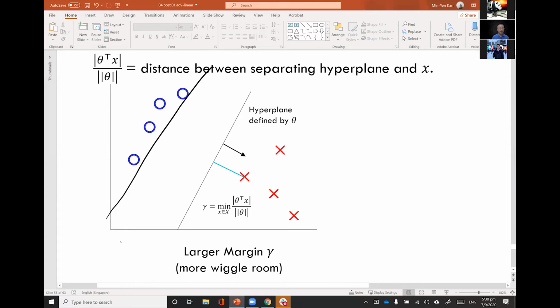But it's not a particularly good line because it doesn't maximize the margin, right? What we mean by this margin is this thing here, this length. If I want to maximize this length between any point and the hyperplane and still get everything right, somehow I need to find the points that are defining